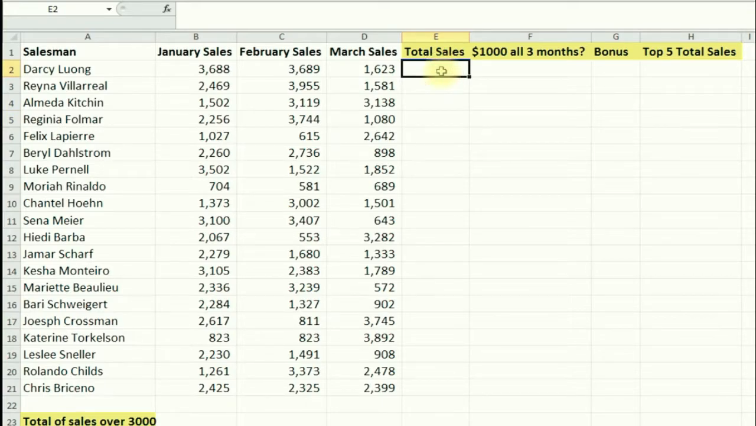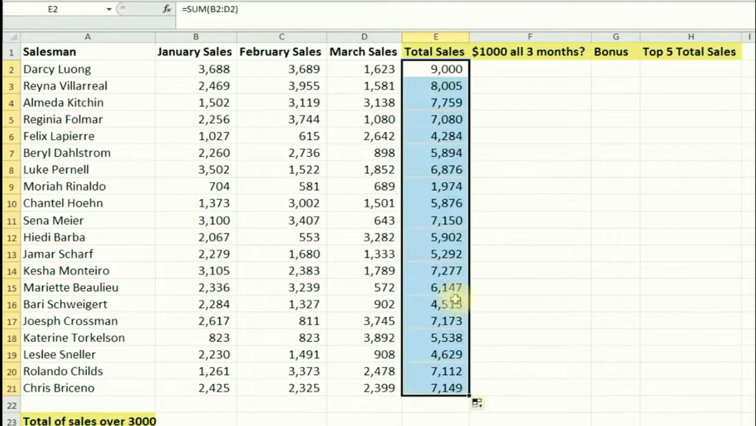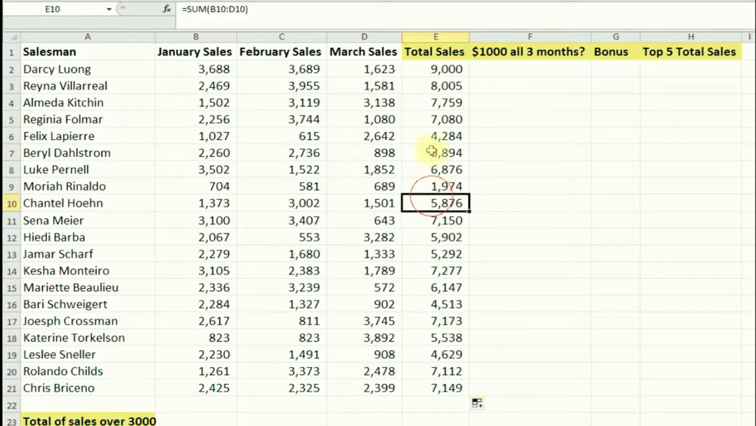What are the total sales? For that, we can just do an equal sum. I mean, this is one of the simplest functions. Sum all those 3. Press enter. If you add this up, it's 9,000. So that's the easiest one. Just a simple way to add them all up. Next one